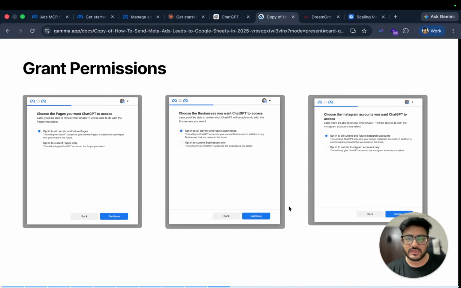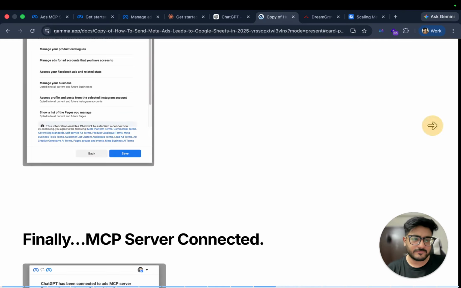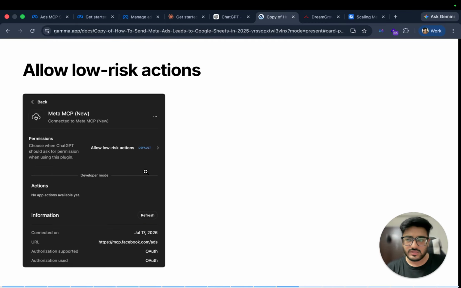So just click continue to all of them, and then grant final permissions, product catalog, and then manage ads for ad accounts and all that. So yeah, these are all the permissions that we need to give to ChatGPT. So just hit save, and yeah, it's gonna give you this success message. After that,